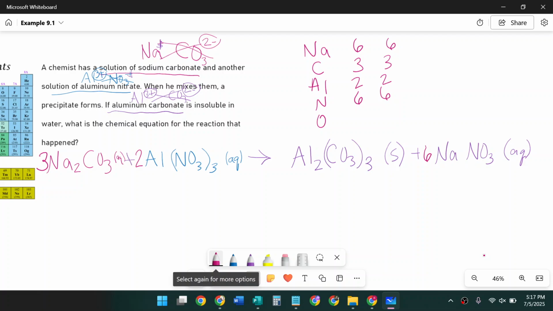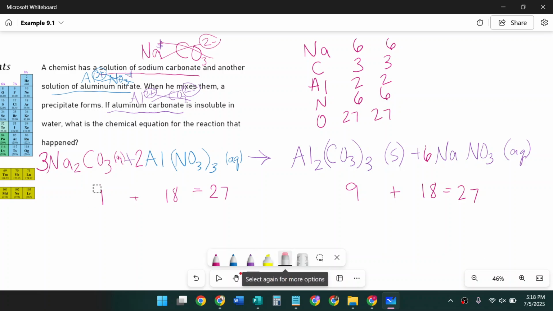All right, and now we have oxygen. So we have 3 times 3 is 9 oxygen. 3 times 3 is 9, but then we got to double that. That's 18 oxygen. So we have 27 oxygen on the left. And on the right, we have 3 times 3 is 9 here. And then we have 3 here, but with the 6 out front, that means we have 18. And when we add those, obviously, we're still going to get 27. So the oxygen is now balanced. So that one was a little bit of a mess. But now that it's balanced,